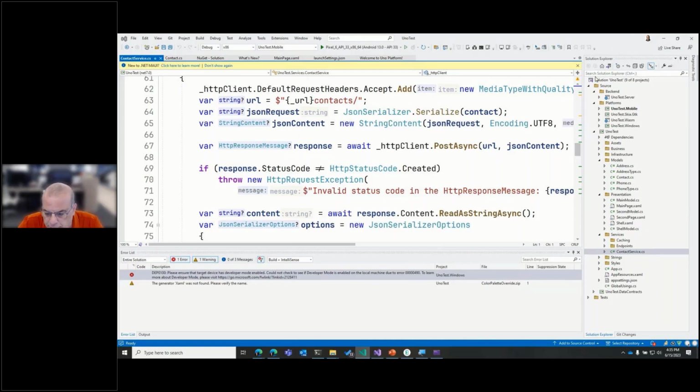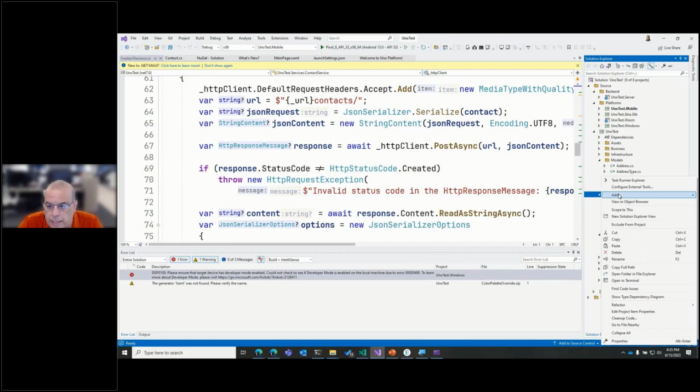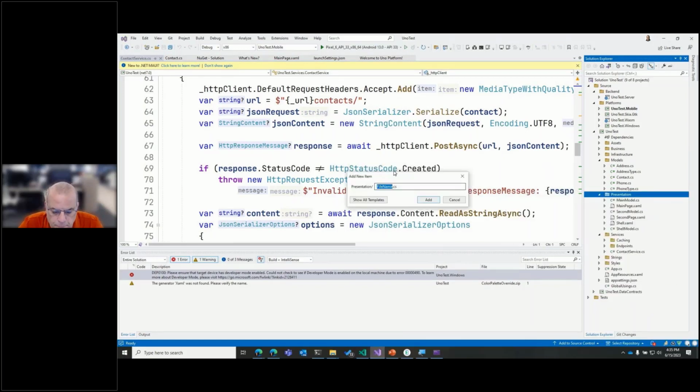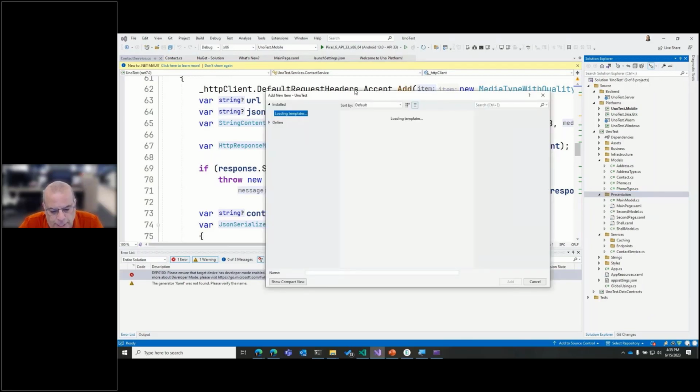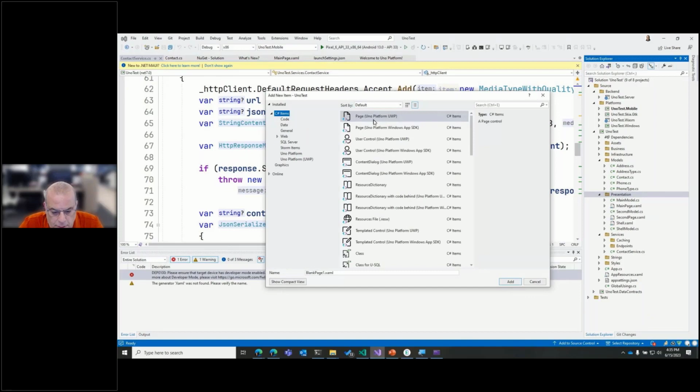So in the presentation folder, let's go and add something. We're going to add a new page to it. So I'm going to do add new item, and I'm going to do show all templates for a minute because I want to make sure we're getting the right thing. So here you see there's an Uno page, UWP, all the way across the board. So we're using the Windows SDK. So I'm going to choose Uno platform